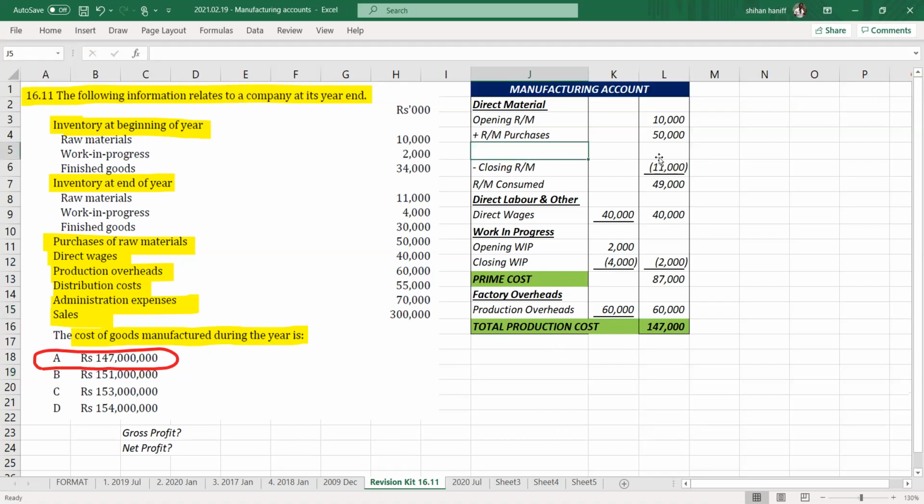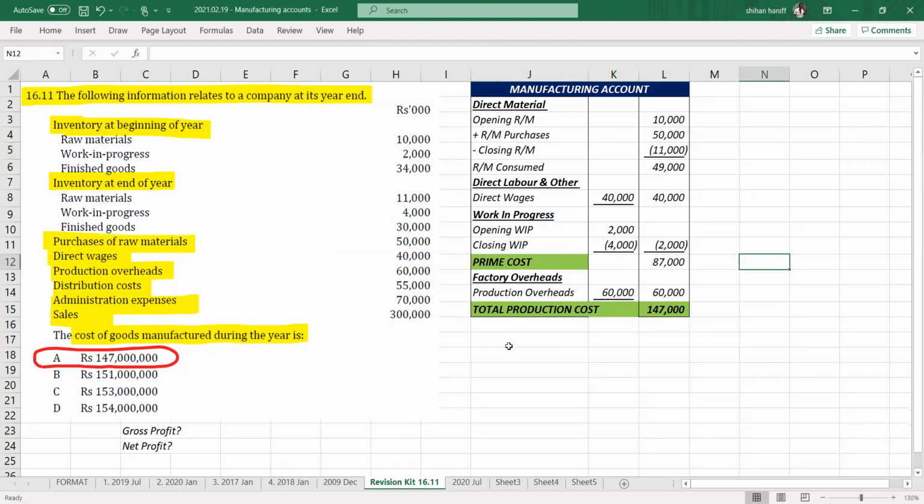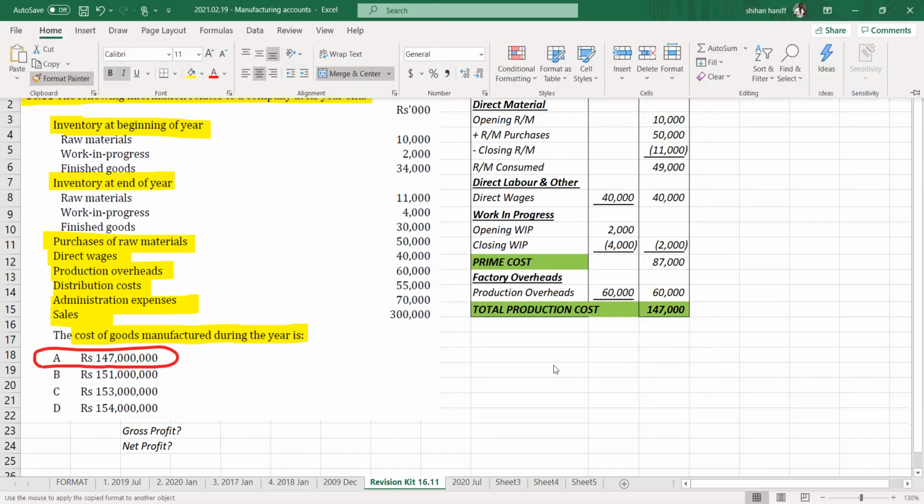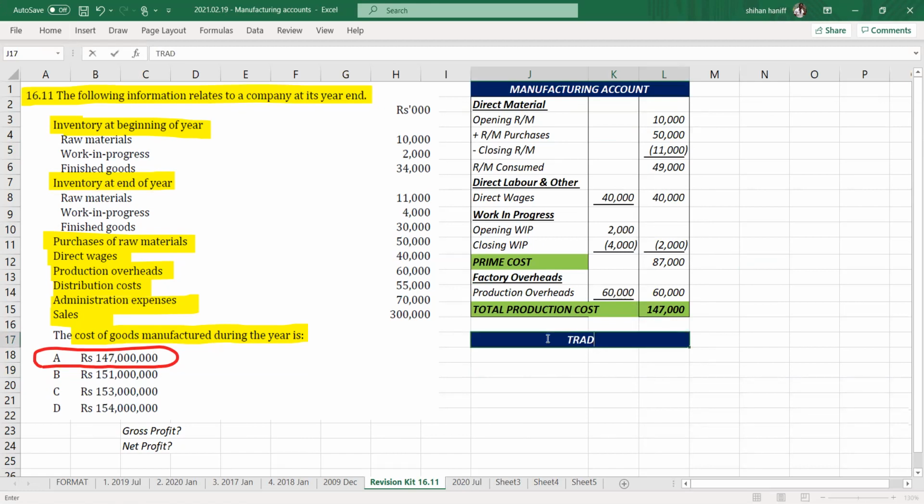So let's draw a simple trading and profit and loss account. So how do you calculate the gross profit? Sales minus cost of sales. Cost of sales is calculated